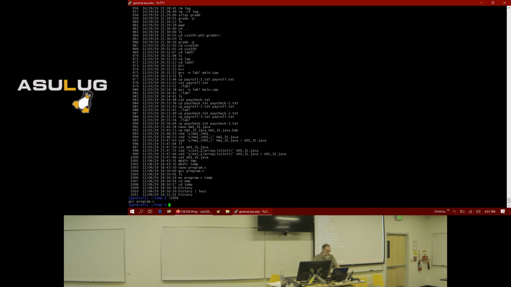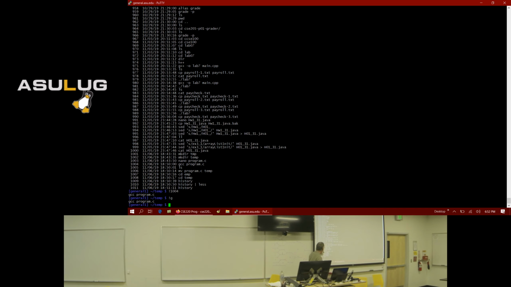Now another useful thing that you can do is, I just repeated the GCC command because I said here to execute the command that's in my history list at 1004. Another thing you can do, which is real convenient, is if I know that the last command that I typed that started with G was GCC, then you can just do an exclamation mark G. This will go back in your history list and find the first command that starts with G and execute it. So if I do exclamation mark G, it does the same thing.